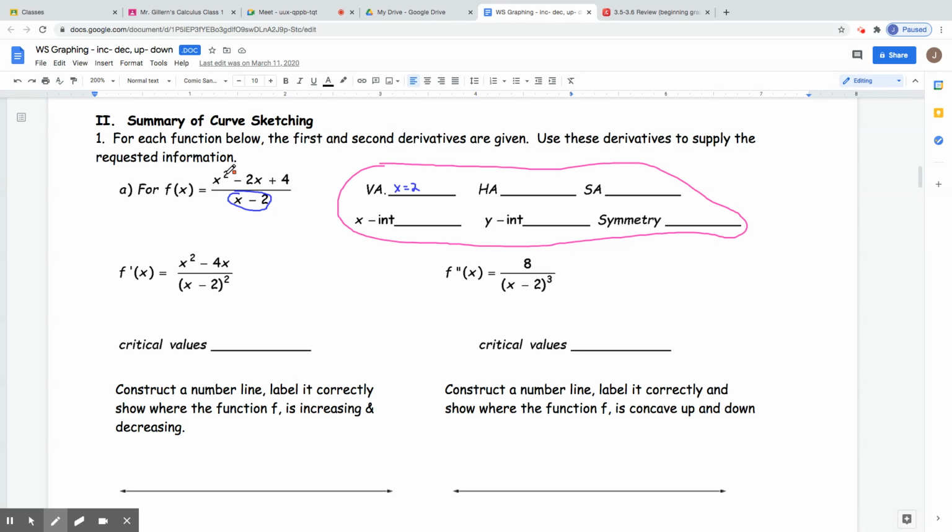The degree is 2 on the top, 1 on the bottom. Larger on top means there is no horizontal, it is a slant, which means we need to do synthetic division. Meaning I'm going to put a 2 in the box. Why do I put a 2 in the box? So that makes that equal to 0. I put a 1, a -2, and a 4. That happens because 1 comes from the coefficient of x squared, -2 from the coefficient of x, 4 from the